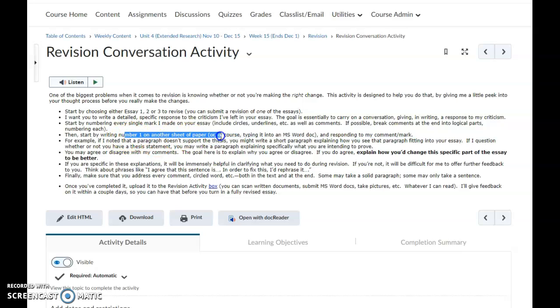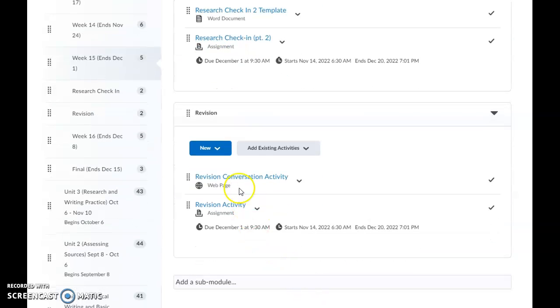You can see this on another sheet of paper. I've done this in face-to-face classes, but I think it works well. It's a self-reflection activity. Basically, what you're doing here is responding to me. You're responding to the feedback you got, trying to work on revising it. So go ahead and go through this whole list and then submit it to the folder. Again, optional activity. If you're planning on doing a revision, just submit it right here.